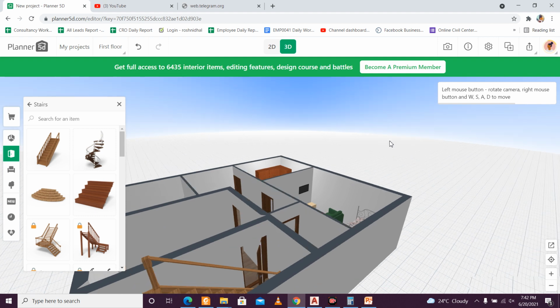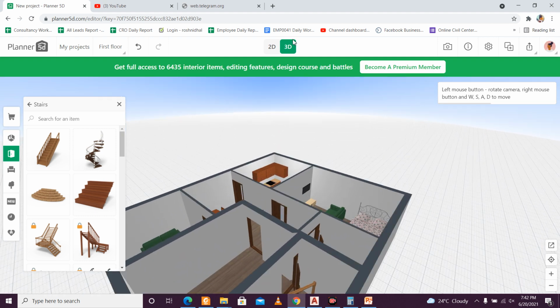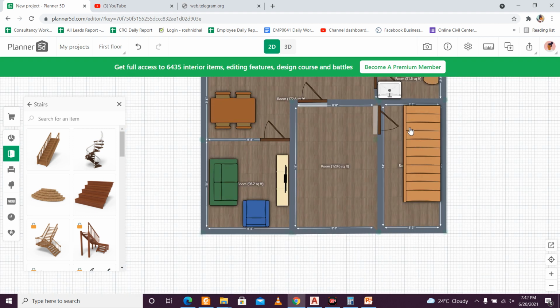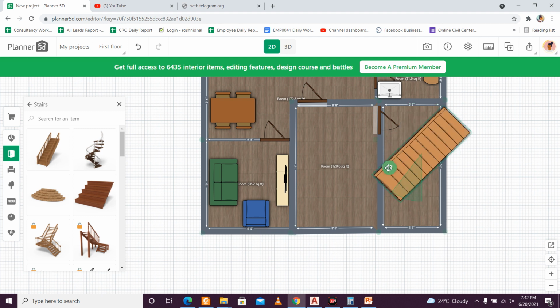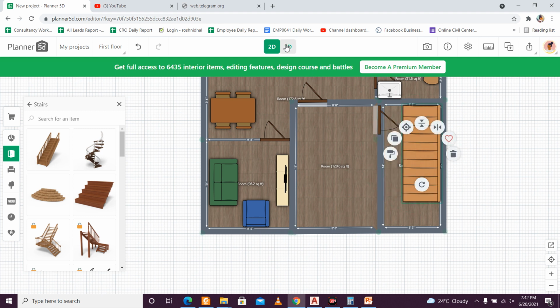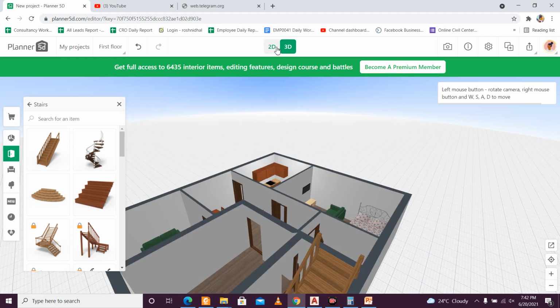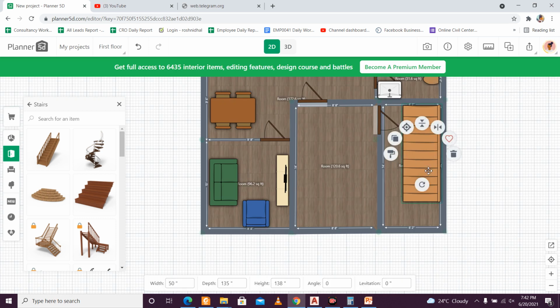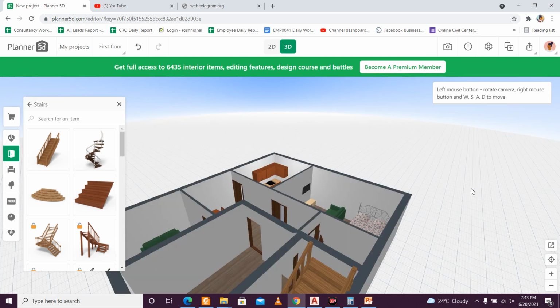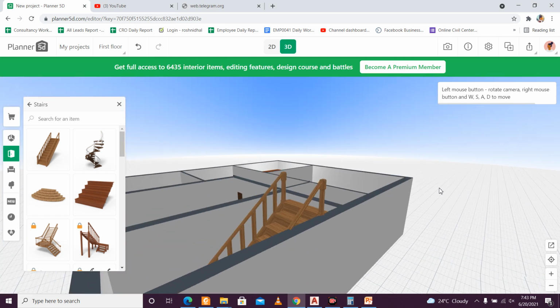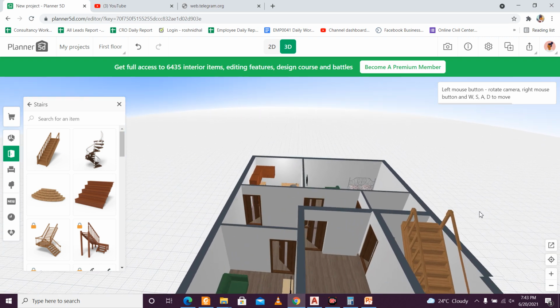Okay, it's still going like this. If I change this also, then also it's going like this. Okay, then it's going like this. Then just give it some space here. Like this, it represents the default stair, but it can be used to show that we have a stair here.